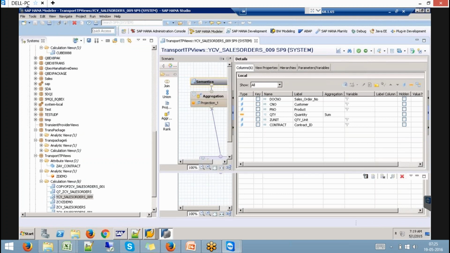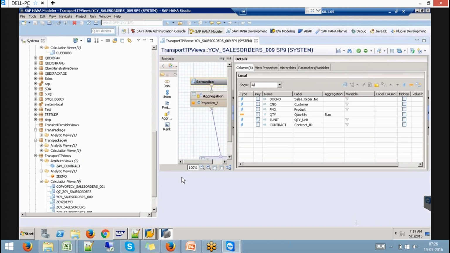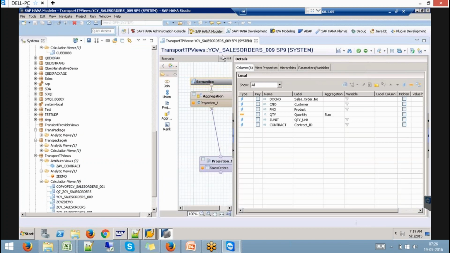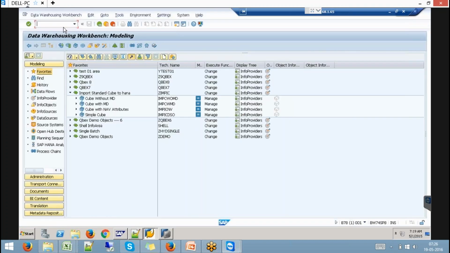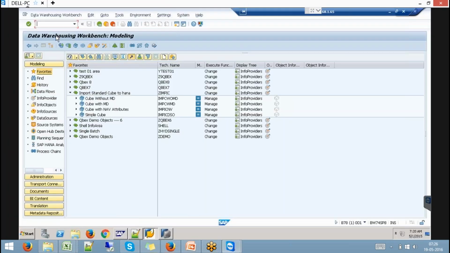Now, the first way of consuming it: I would like to consume this calculation view in BW. One way is by using the transient provider. So how do we create a transient provider on this?